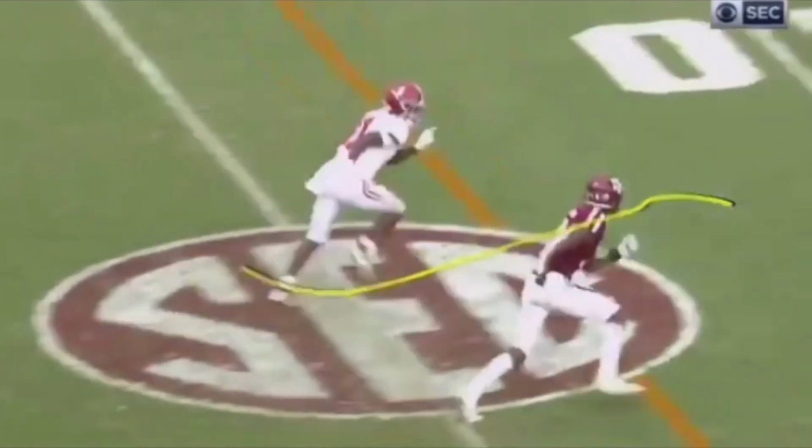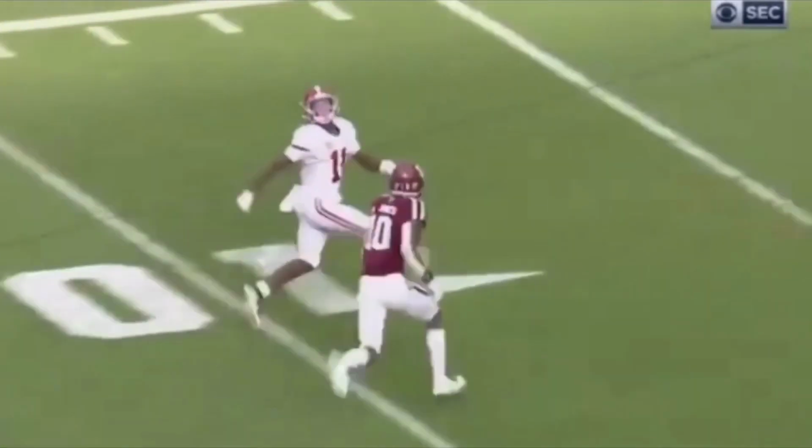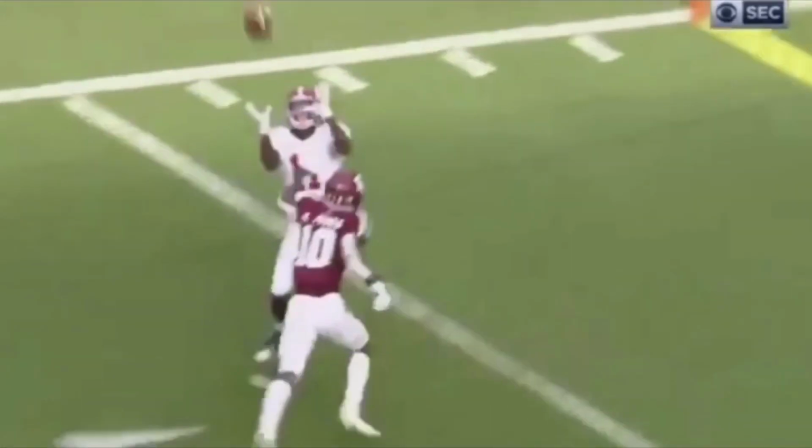Now, he doesn't look back for this ball until he knows he's got him by about a couple steps, right? He's not looking back for it right now because this guy's going to be running full speed trying to recover, so I got to make sure that I get some separation before I look back for this ball, and that's exactly what he does. Now, quarterback underthrows him a little bit, so in this situation, when we go up and